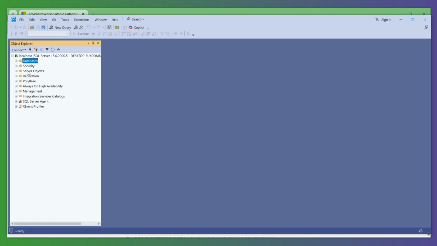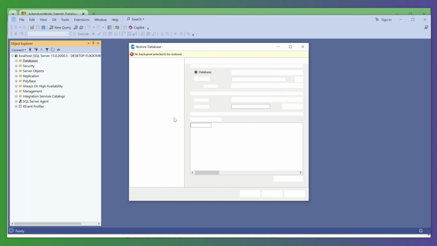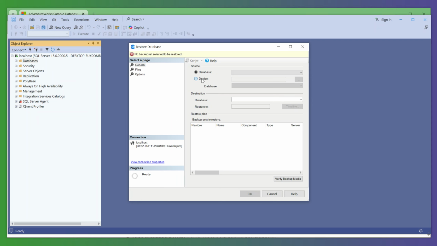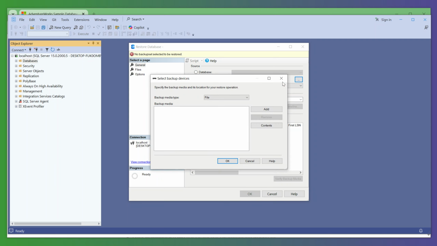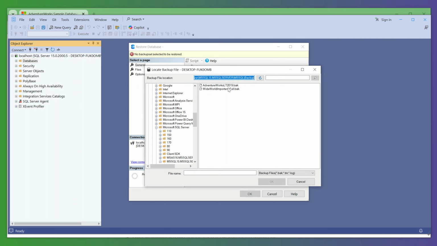So right mouse click, restore database, click on device, browse, click add. Make sure we have two options, a file or URL. Make sure you are in file, then click add. It's going to take you to this window. So you can see this is the folder where the backup is. It's Program Files, Microsoft SQL Server, MSSQL, then slash